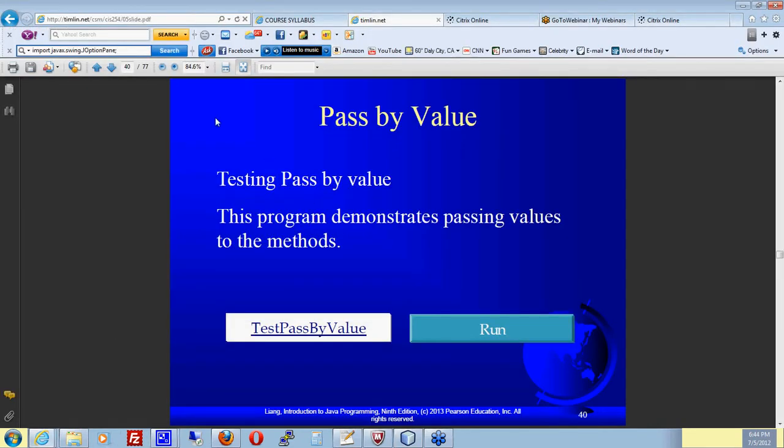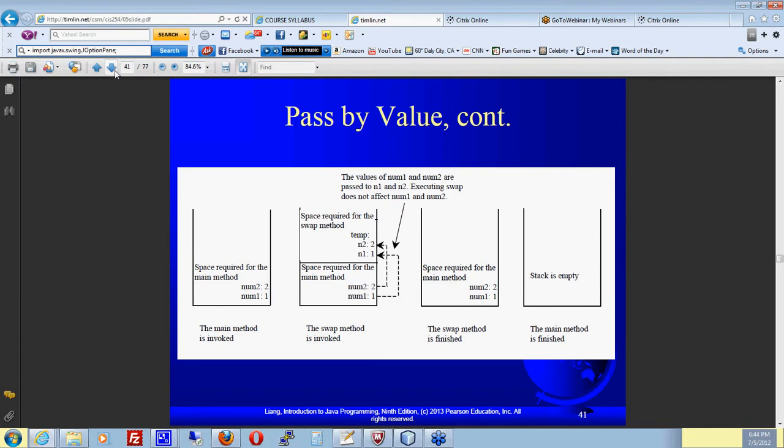So this kind of goes over it again, and this is basically the same thing again. As main is invoked, num1 and num2 are created in a memory location that main has access to, and they're given values 1 and 2. As the swap method is invoked, it creates its own variables, and these are different variables, n1, n2, that have the same values, 1 and 2, and temp that has nothing. After it executes,